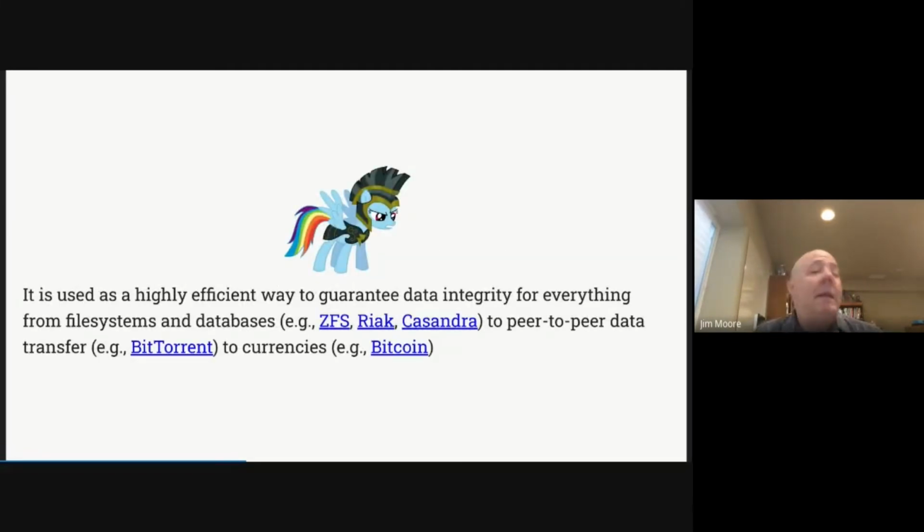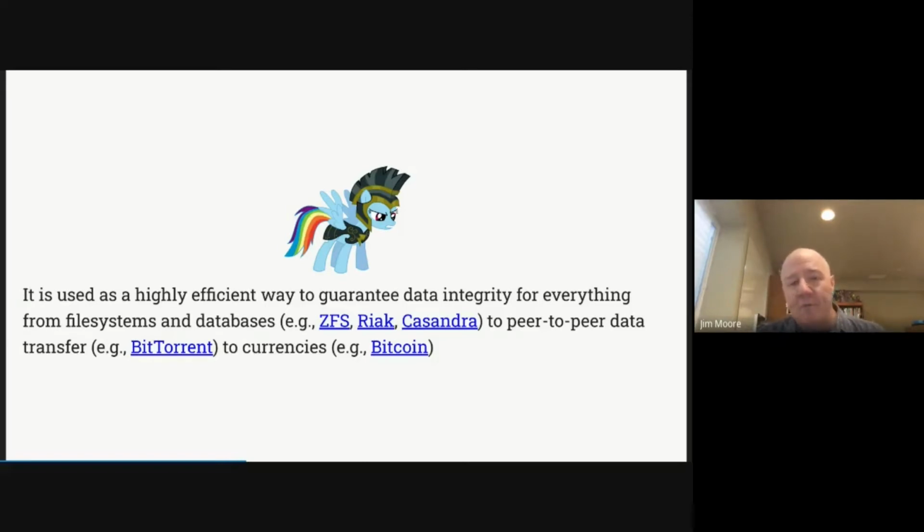One thing that's really nice about this is, if you're familiar with this technique, this is what's used for distributed computing. Everything from ZFS, React, Cassandra, BitTorrent, Bitcoin, they all use this technique. When you talk about things like the blockchain for Bitcoin, that's effectively what this is. It's only, instead of a tree that goes out, it's more of a list, a linked list, but it's exactly the same idea.